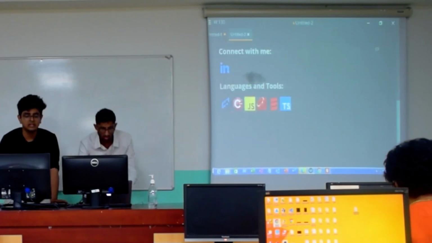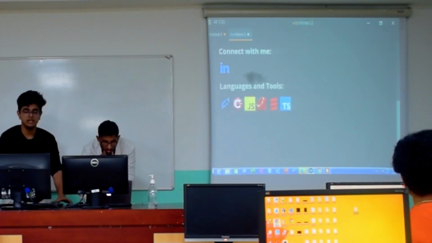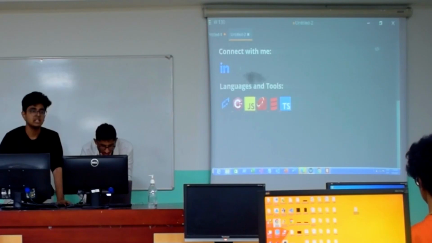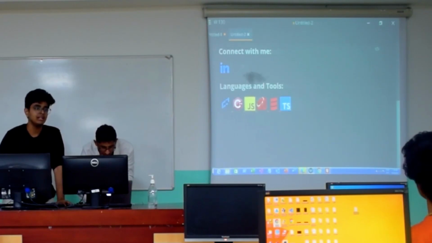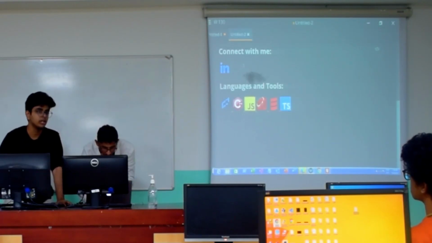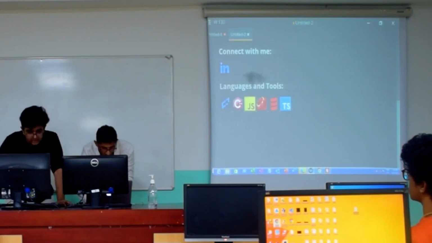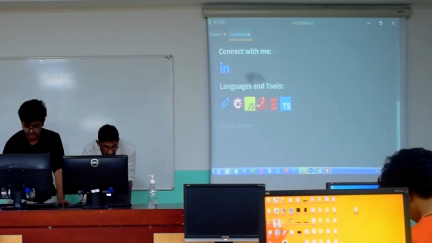Another thing which Tahir didn't mention was, for example, if you need to embed a link within an image, what do you do? Earlier, what you were doing is